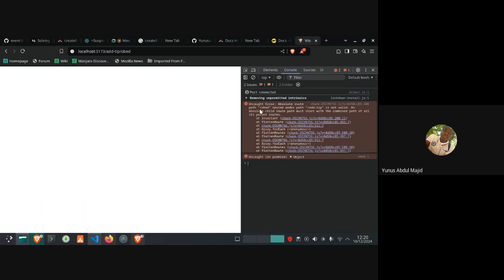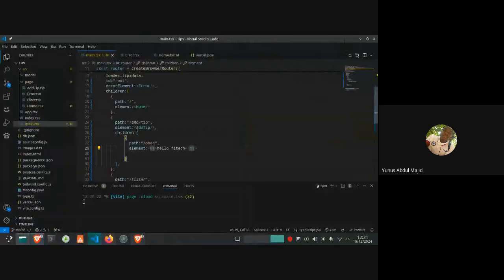Absolute route slash open nested on that path is not valid. An absolute child route path must start with the combined path of all its parent routes. So basically, what this says is that I can't pass the path like this. I need to pass the entire path, something like this.